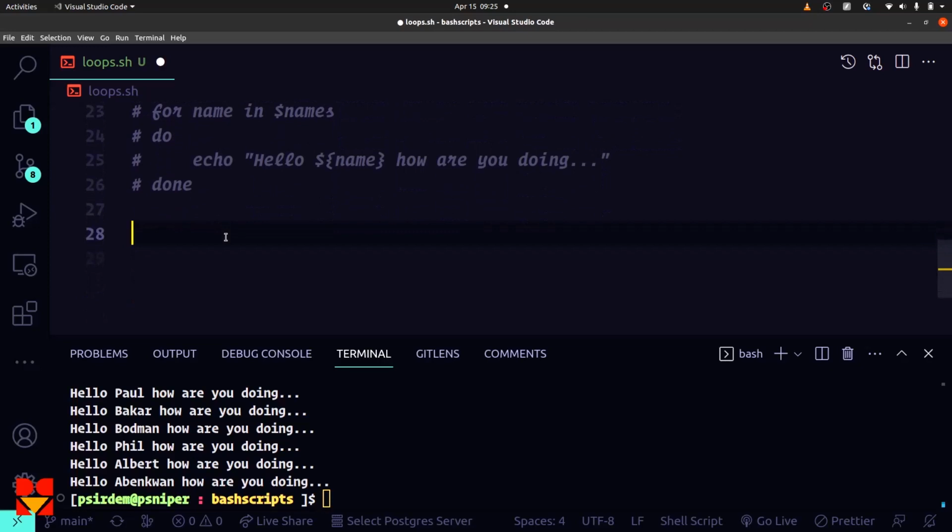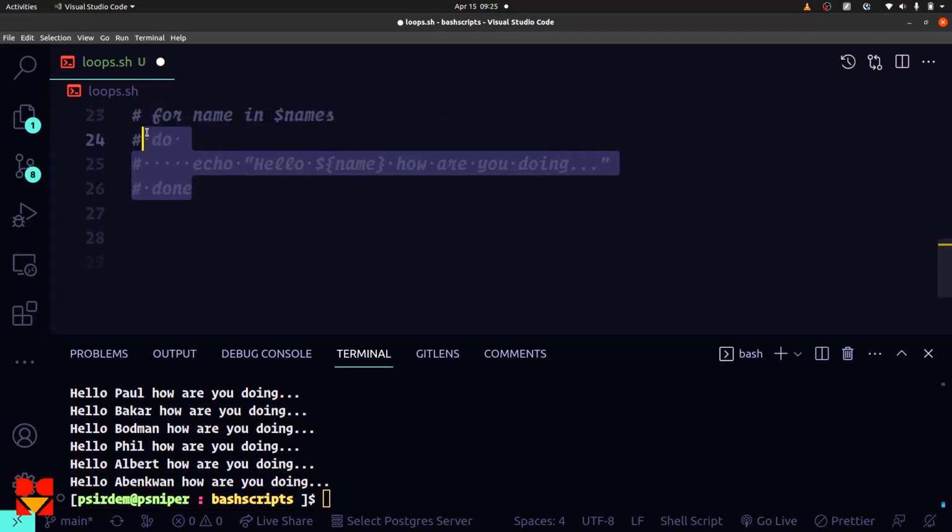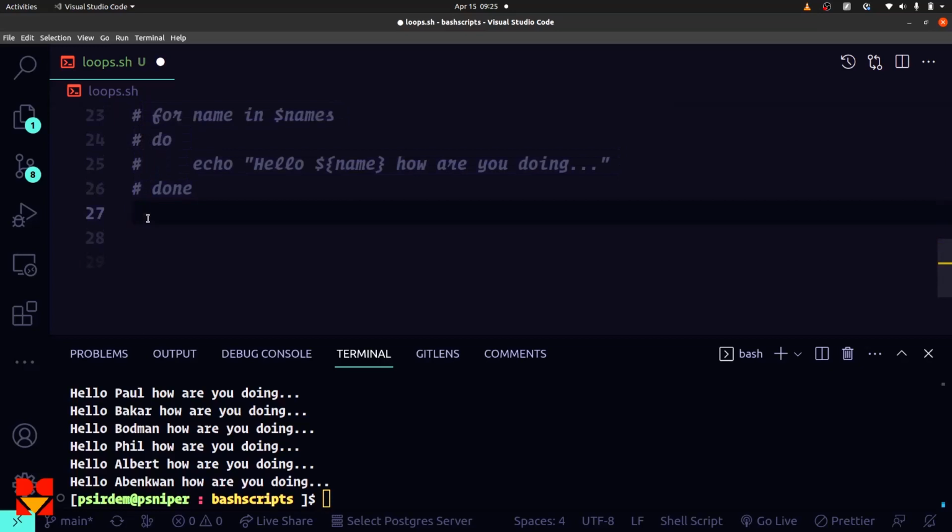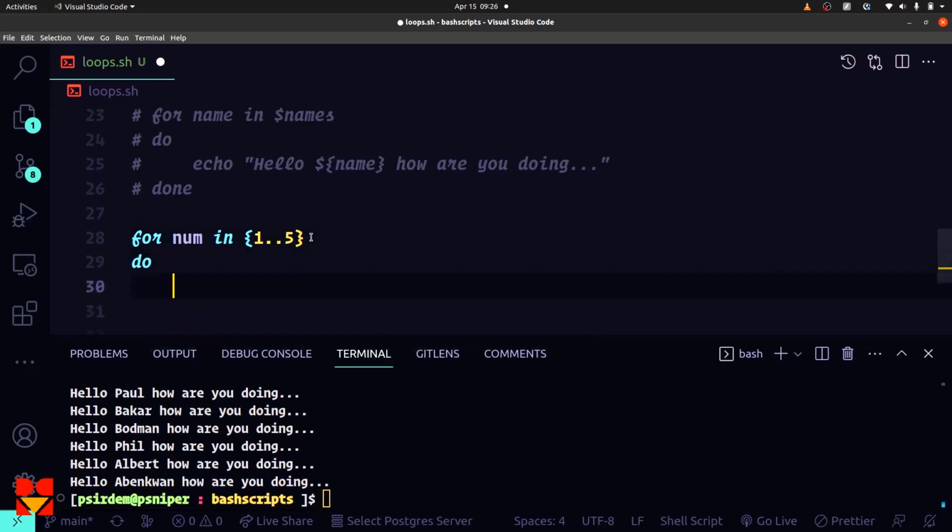So you could also decide on a certain range of values. So let's say that I have numbers, right? To repeat a for loop for a range of values, you can say for number in the range. To determine a range in bash script or bash, you use the curly braces, right? And then you give the beginning, then 2 dots, and then the end, right? So if you want a list of 5 numbers beginning from 1 and ending at 5, you can do this. So for now I just want to echo